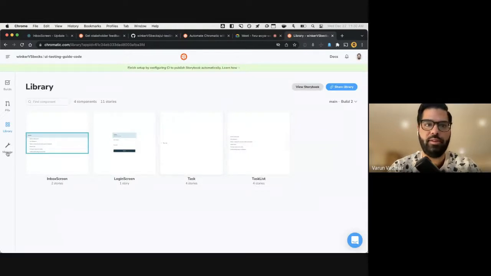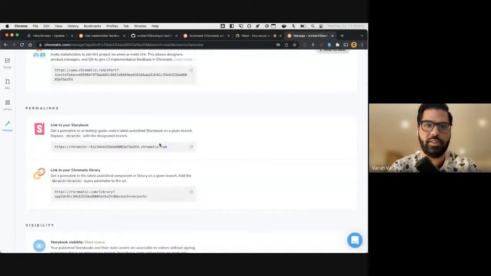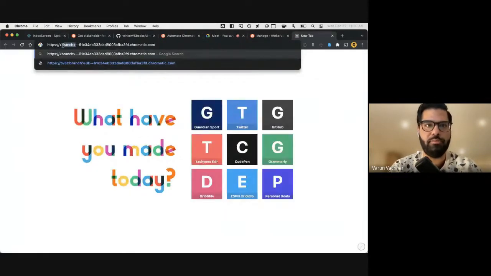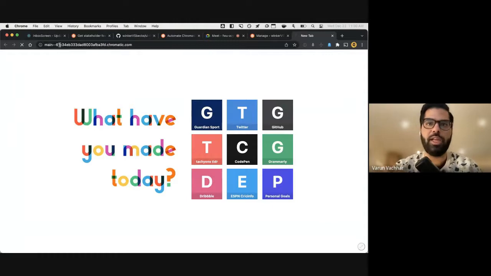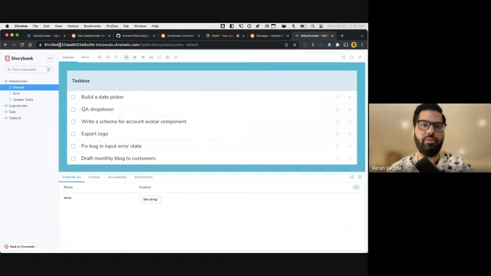And if you just want to get the latest version on a particular branch, you can also create links. So in this case, it's just the branch name, --, and then this is your project ID. So if I wanted to get the latest Storybook for the main branch, it would just be main --, and then this will automatically tell Chromatic, go find the latest commit on the main branch and take me to the Storybook for that branch. So if you want to share one version with your team, you can use this link generation thing. But if you want to go back and look at other Storybooks, you can just use